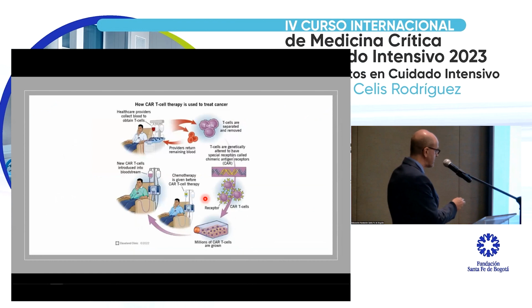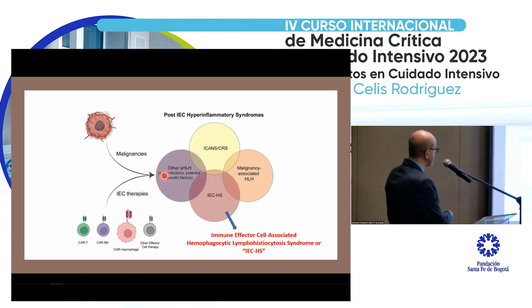And what happens is that you take a patient, you draw blood, take the T cells, then manipulate them genetically with chimeric antigens, and then you grow them in the lab, you put it in a blood bag, give chemotherapy to the patient, and then reinsert the T cells. And when you insert the T cells, now you have a cytokine storm. And what happens is that all these cells getting in the system,